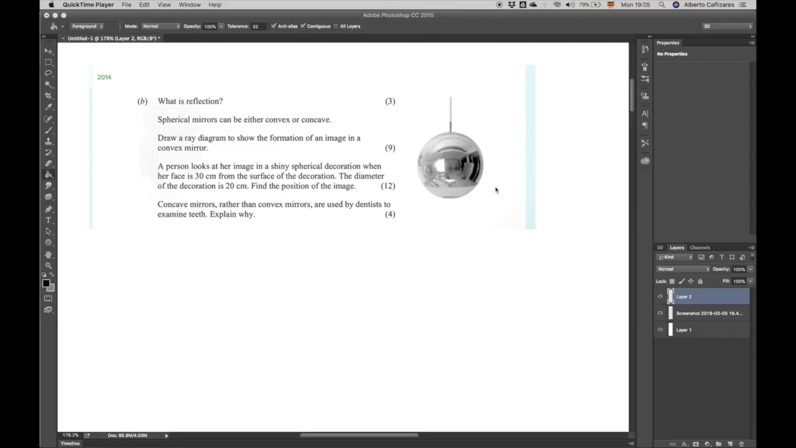Hello everyone, welcome to this tutorial on reflection. We are going to cover a Leaving Cert question about convex and concave mirrors, and we're going to make mention of